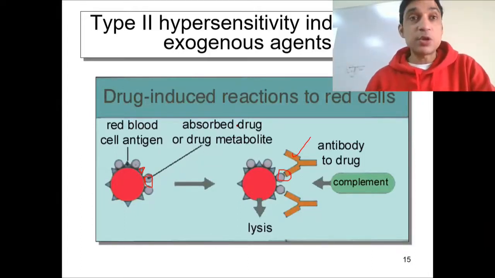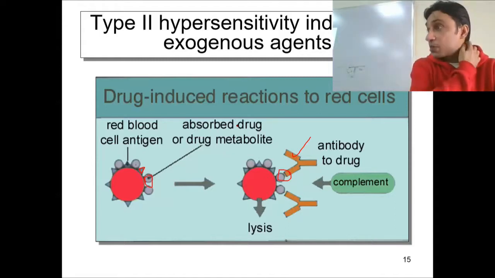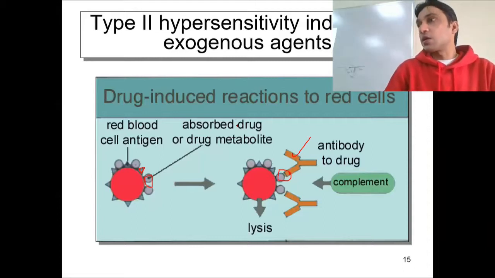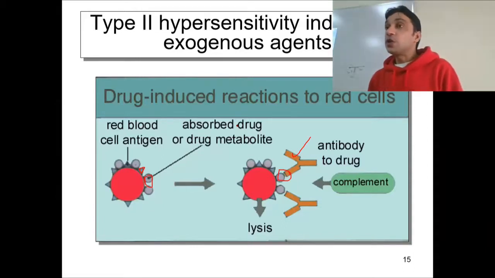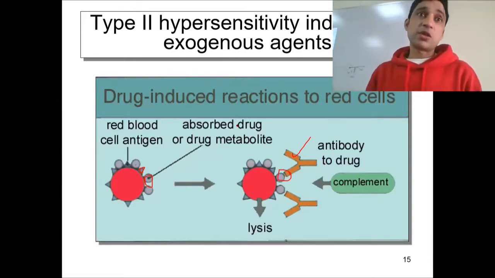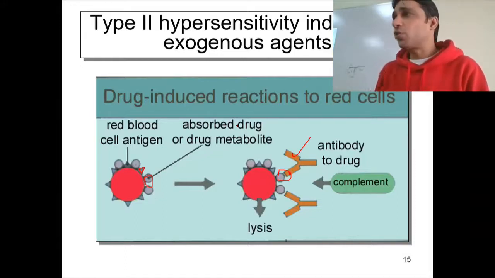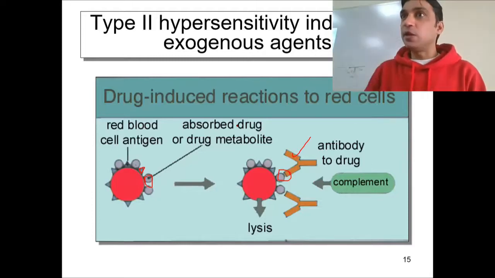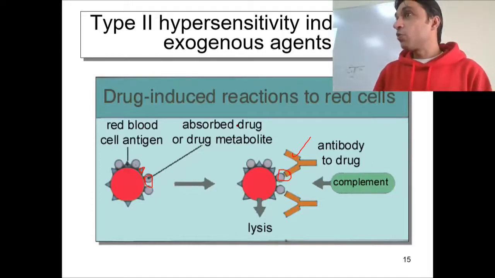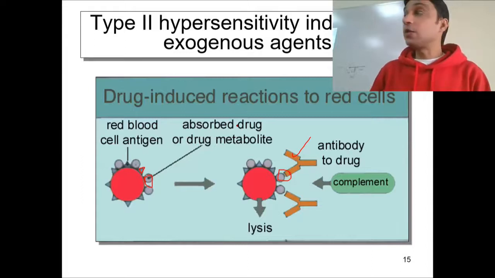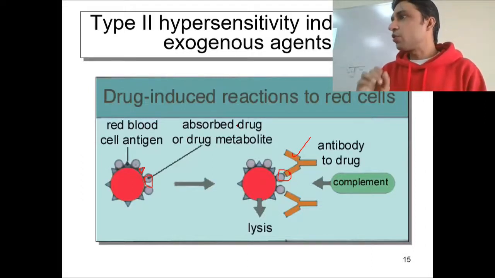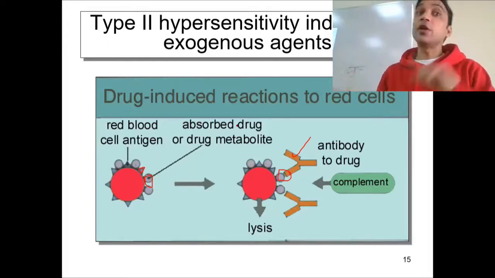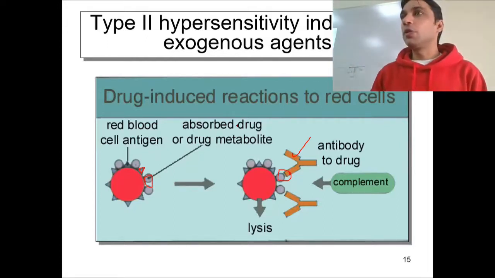If in a certain situation you need to reduce the number of blood cells at that place, if you want to decrease the number of blood cells, say, God forbid, because of an injury blood has gone into an internal organ or something like that, I don't know, I'm not a medical doctor, but in a certain situation where you have to lyse the blood cells specifically without killing the WBCs, without killing the other tissues, without killing the other organs, you can use this way. The drug will label the red blood cells, and then the antibody against that drug will go and